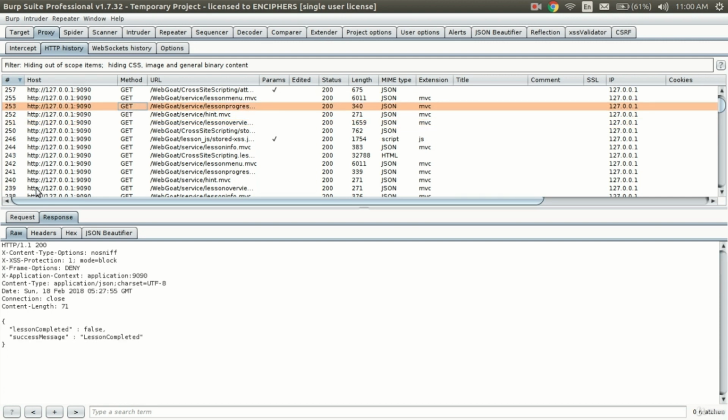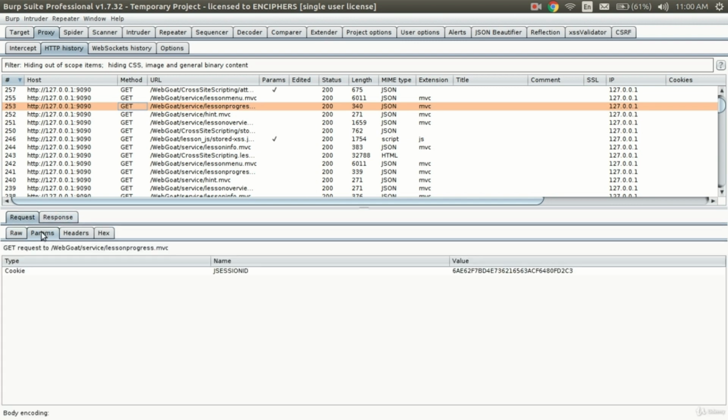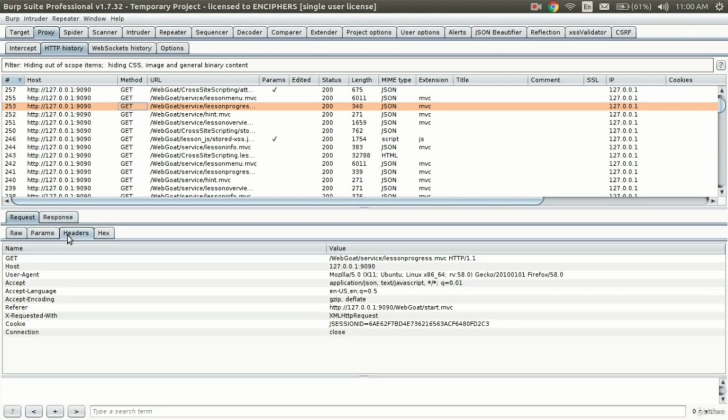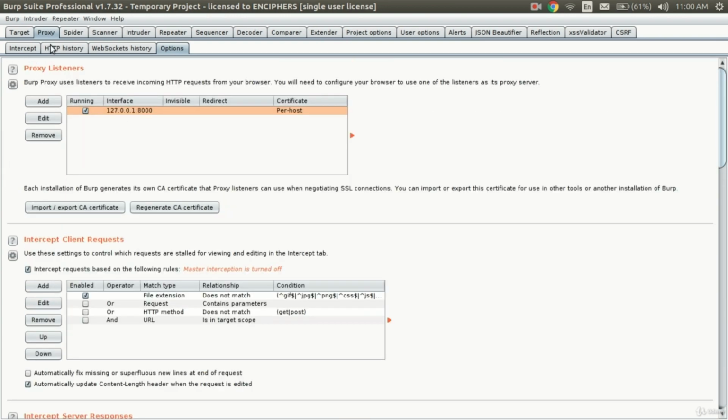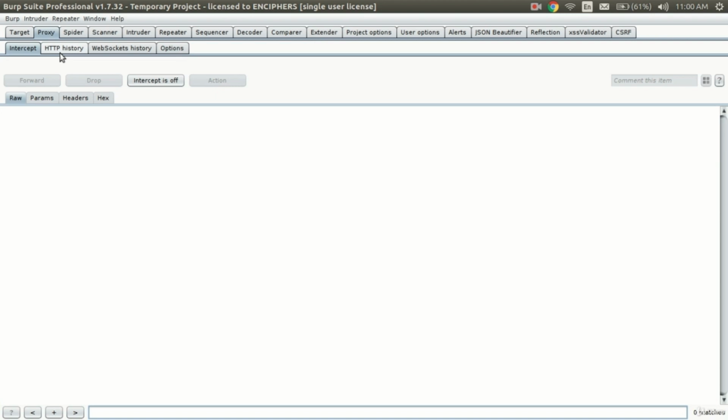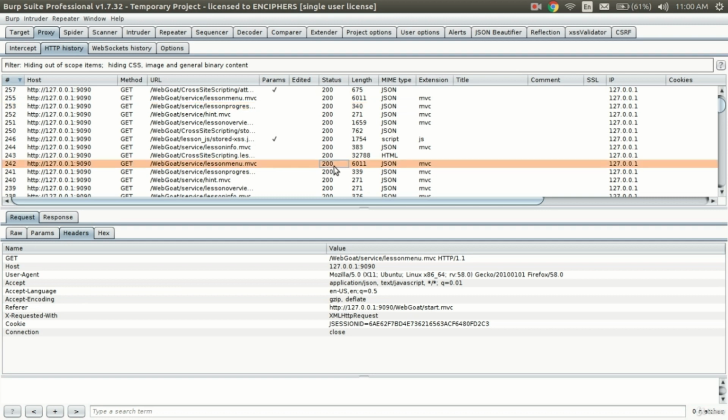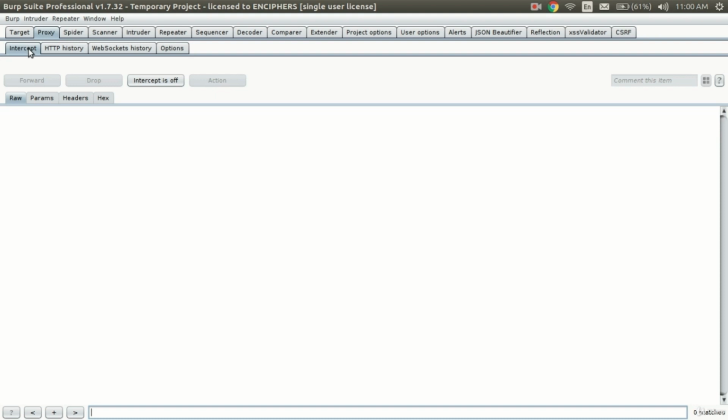So these are the different responses. You can see the request and response tabs here. In the request you can see the different parameters, the headers tab, the methods, GET method or POST method, different cookies and everything. You will see a find option in that. And I have already gone through the options tab, what generally is important, and the intercept option. So this was all for Burp proxy. The most important things which you will use are just the HTTP history and the intercept option.